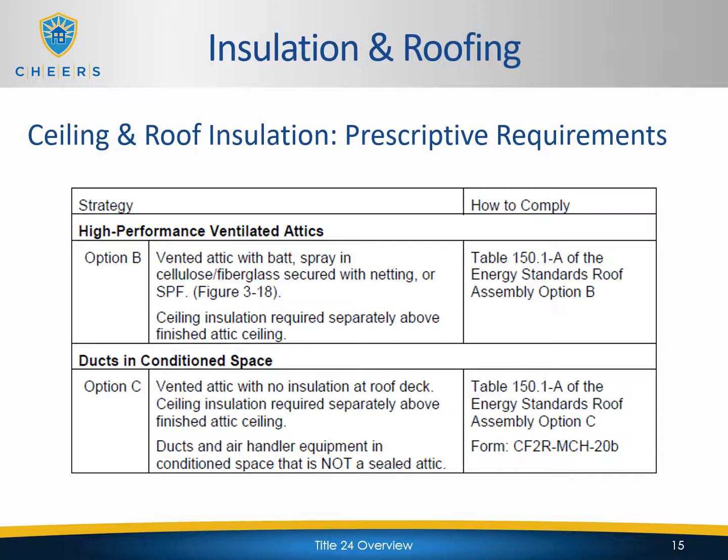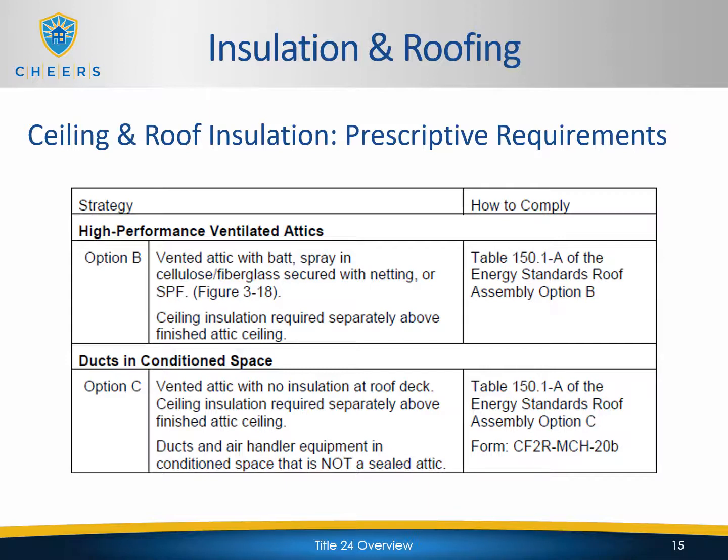Now let's take a look at the prescriptive requirements for ceiling and roof insulation. On the prescriptive side, we have two options which we can choose from: option B and option C. Both of these are what we consider high performance options. They're not your standard ventilated attic with just insulation at the ceiling level itself. Both of these options employ more recent strategies to result in a better performing attic space and overall ceiling roof